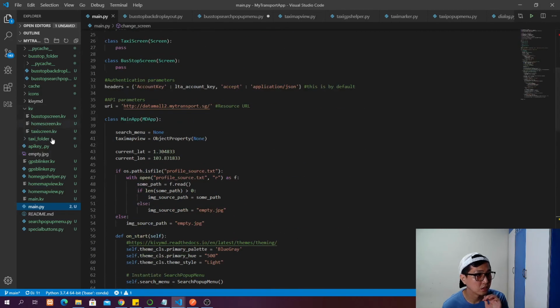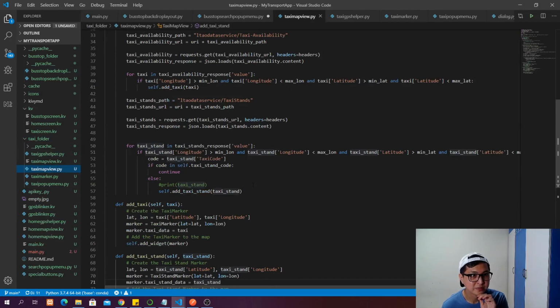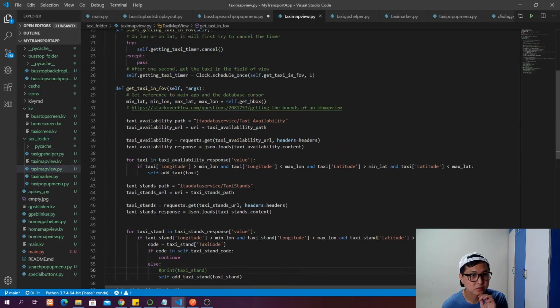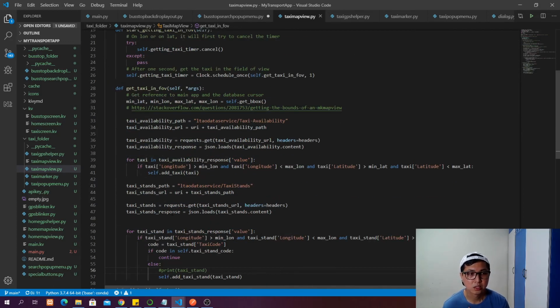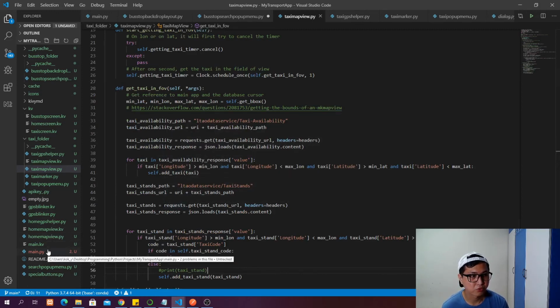Let's see, let me check. I think it's in the taxi folder, taxi map view. Yeah, so in the taxi map view, we actually use the request.get, in which we import the request and JSON and use the JSON.loads. So the difference between this request and the request offered by Kivy